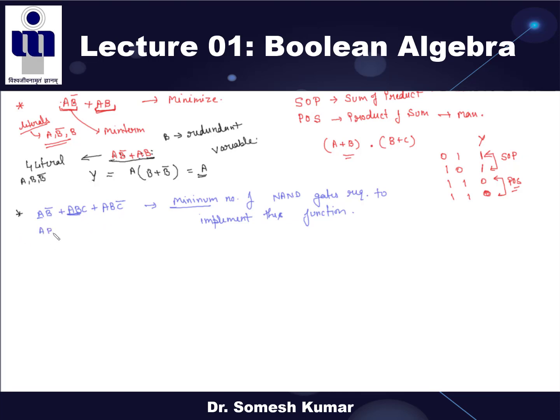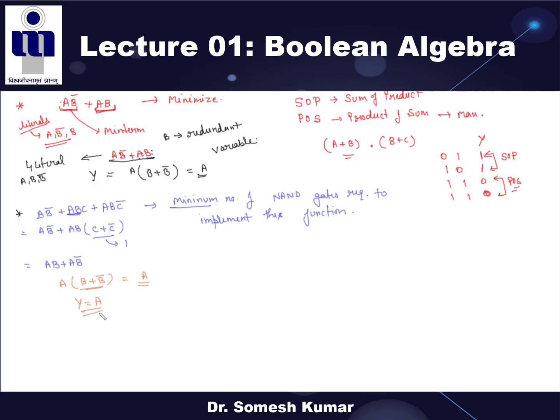So here we can take AB common, C plus C bar is inside. This is your 1 as per your theorem, right? And now the remaining one is AB plus AB bar. What is the next step? Again, we will take the common. What is inside? B plus B bar, and B plus B bar is 1. So we can write A. So Y is equal to A here, right?